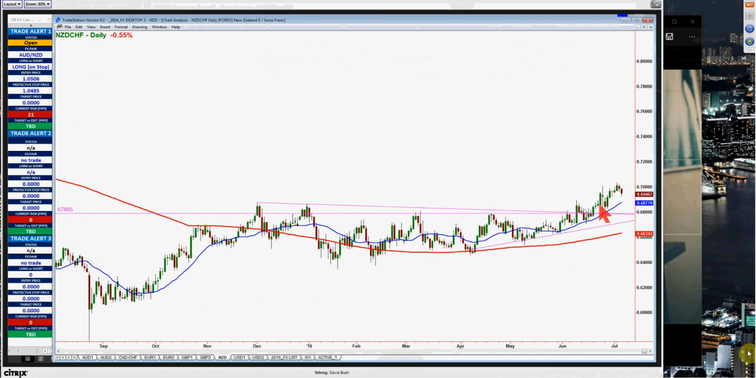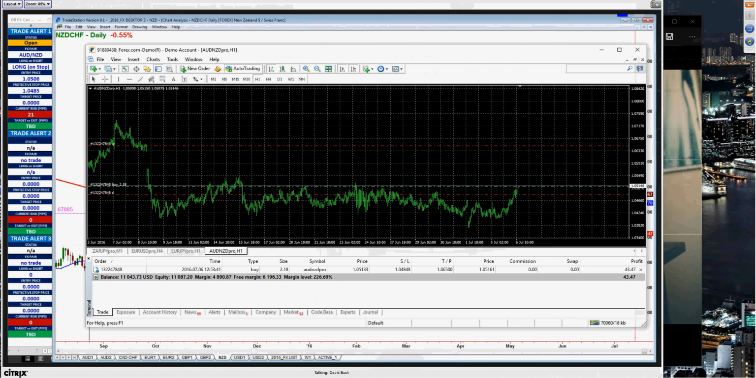Out of this large pattern, you've broken to the upside, and you've traded pretty well ever since then. Tag, do you have any thoughts on that? Yeah, so